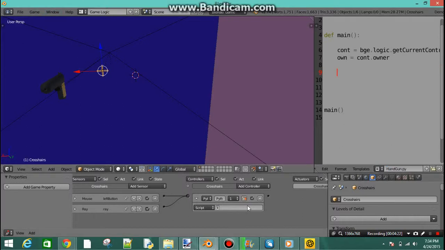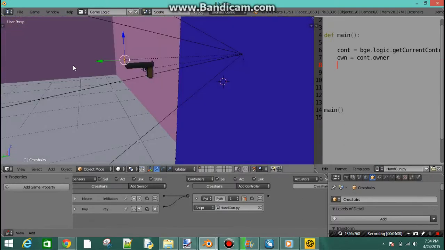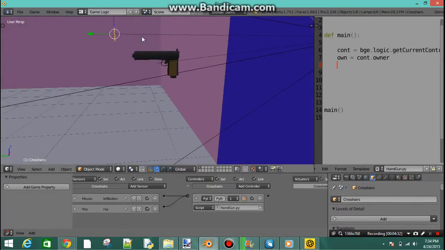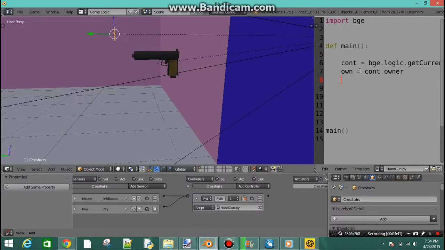Handgun.py. Make sure it's a .py for Python. And now let's go into here. This is going to be the code for this, but it's going to be in here. We don't have to do anything right now with the handgun, but we do have to do something with the